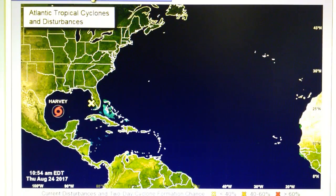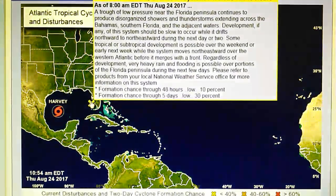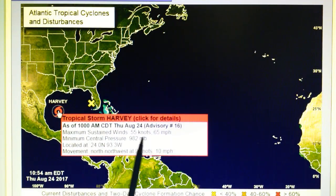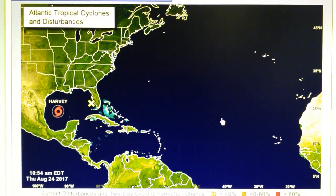Now out on the North Pacific, also there's another disturbance here near Florida with a 10% chance of hurricane formation. Now this storm has 65-mile-per-hour winds, core pressure of 982 millibar, and it's moving north-northwest at 10 miles per hour. So the question is are these weather terrorists going to allow that storm to plow into Texas and ruin some lives and destroy a lot of property? Certainly they have the capability to knock this thing down, just like what we saw with several hurricanes on the East Pacific, notably